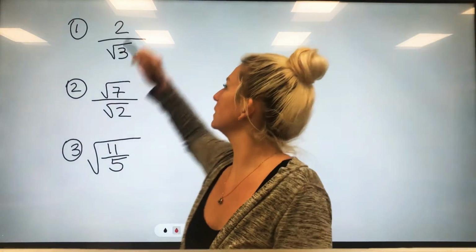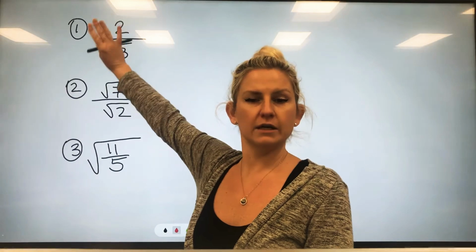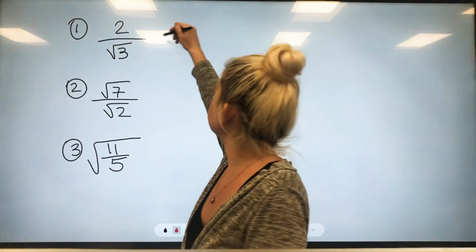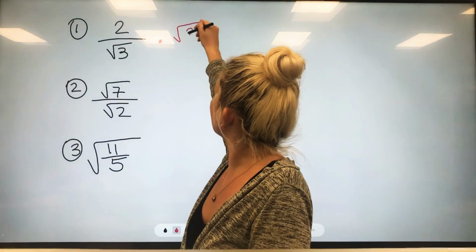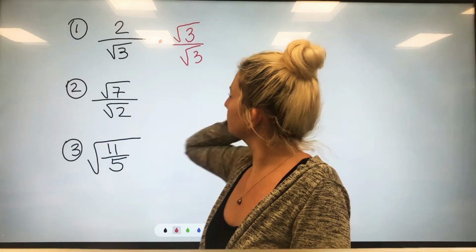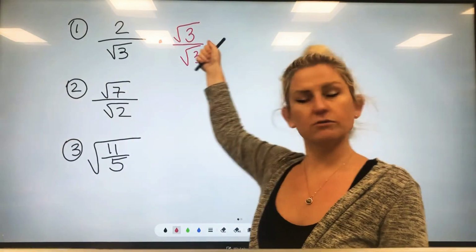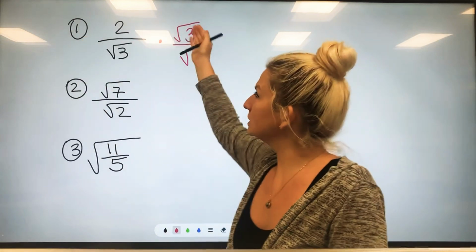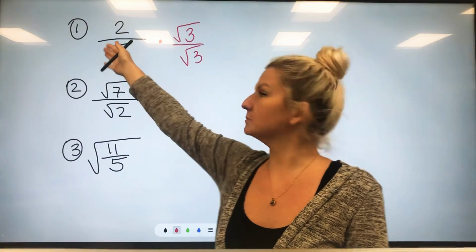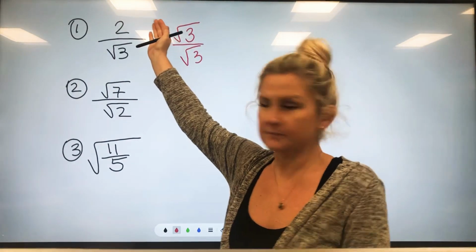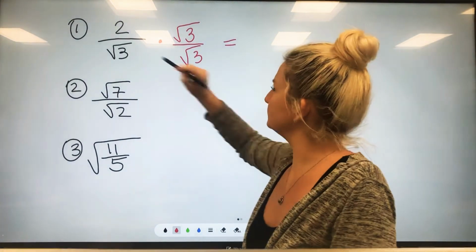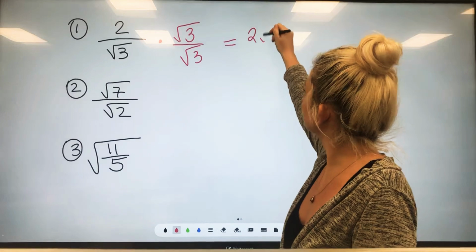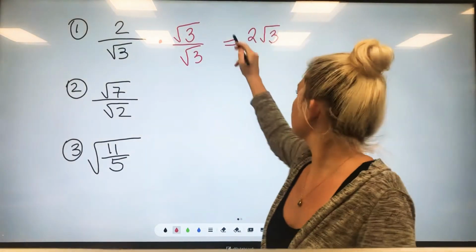So for number one here, I have 2 over radical 3. You cannot leave the radical 3 in the denominator. So I'm going to multiply by radical 3 over radical 3. Radical 3 over radical 3 is just 1. Anything over itself is 1, so I'm really not changing anything. If I multiply it by 1, I'm not changing the value. So my numerator, I have 2 times radical 3, so it's 2 radical 3 over